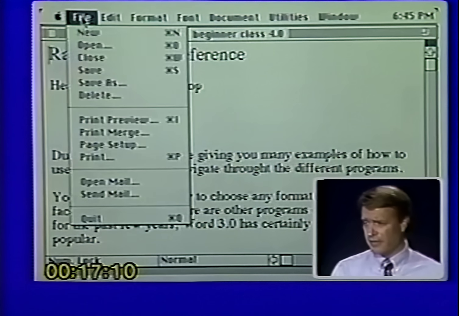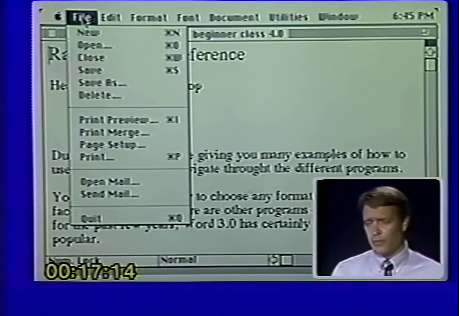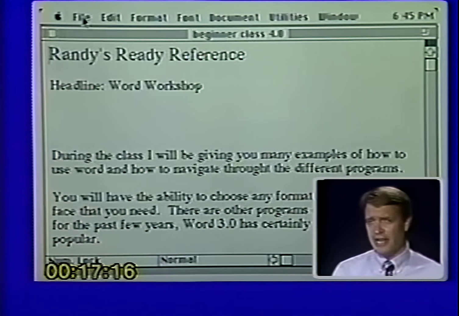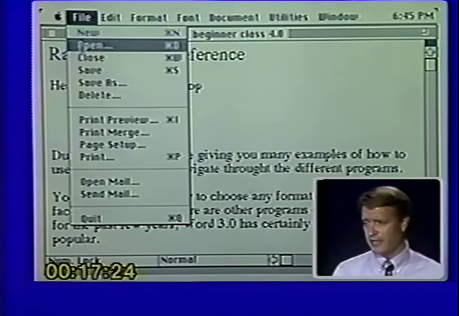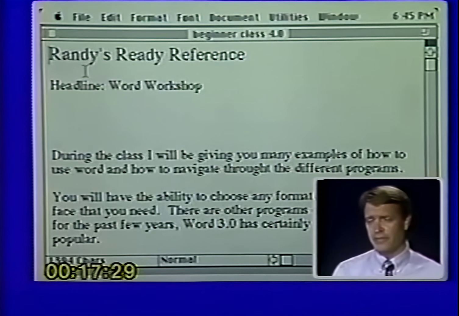You'll notice under File that there are two save commands, Save and Save As. Now the rule of thumb is that you should save every screen load. Every time you have a new screen load of copy, you should save your document. Now to save your document, you simply come down and select Save. Or if you like to use your keyboard, simply hit Command S. Now as I say that, I know you sitting out there watching, you're not going to do that because nobody does.